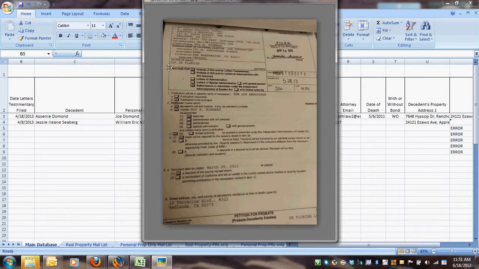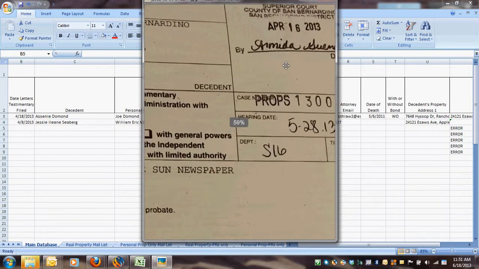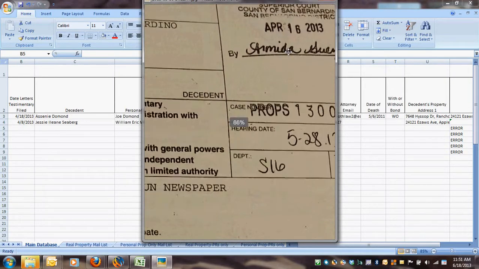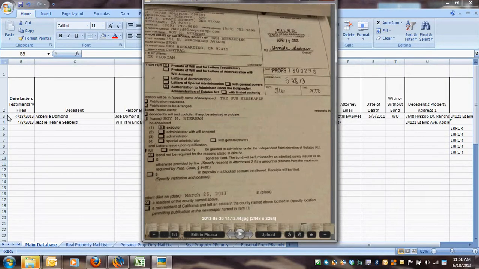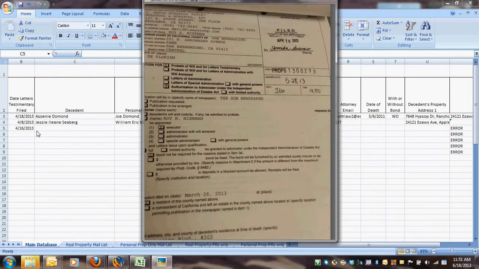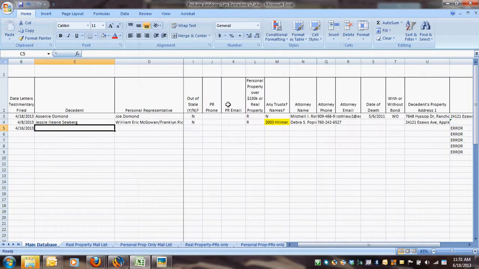So the estate, the decedent is Ida de Florian, and her date was filed was April, I think that's 16th. Don't go crazy over that. It's not a big deal if we get a couple days off. So let's put 4/16. If it's any time in 2013, you can just put 4/16, and it'll enter the year automatically. So Ida de Florian,